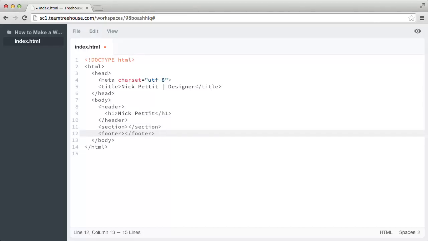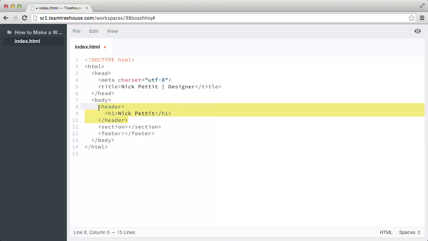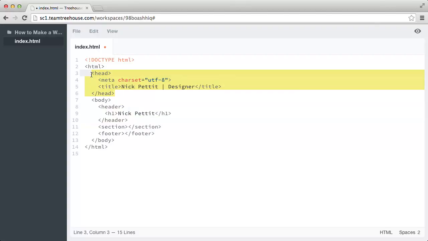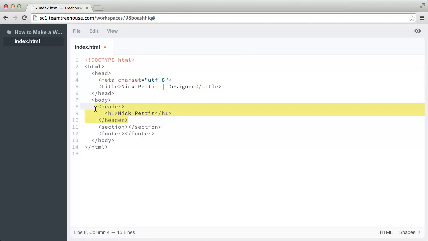Now, I've added 3 new elements here: the header element, the section element, and the footer element. This provides the basic structure for our site content. Let's go through each one of these new elements. The header element is different than the head element that we added earlier. The head element is just for the web browser to read metadata about the HTML document. This new header element is actually a part of the site's content and helps structure the information that we're displaying